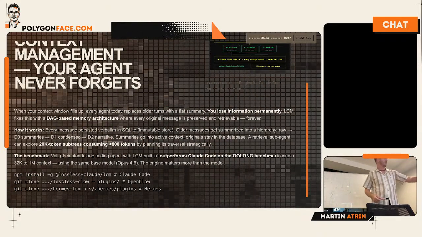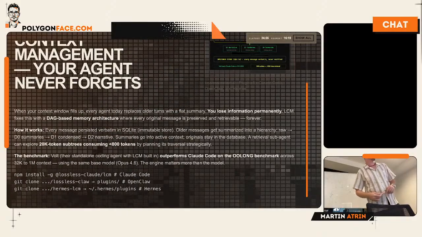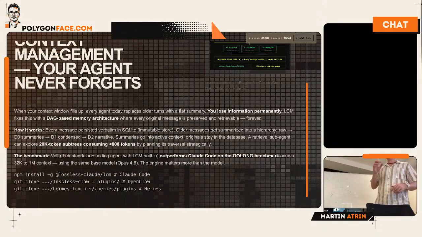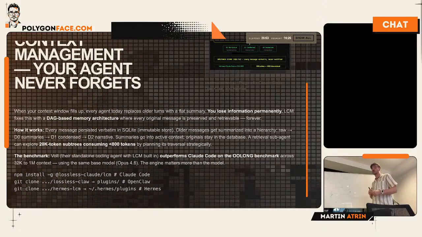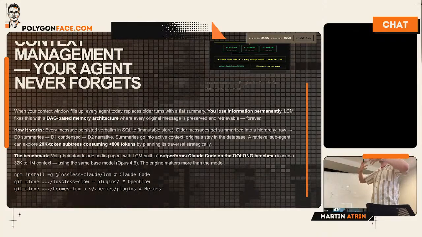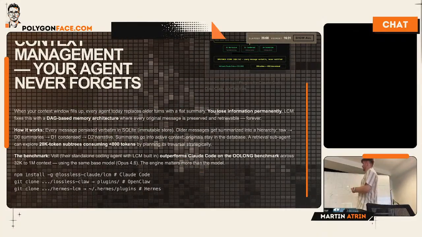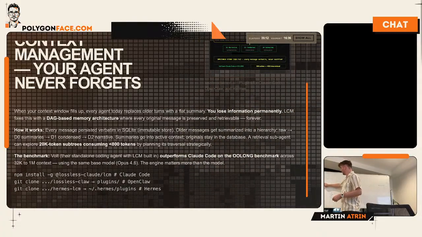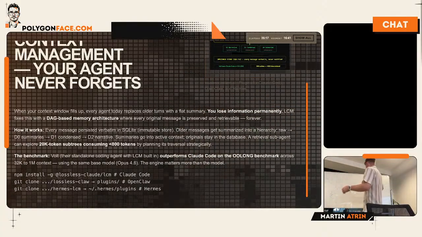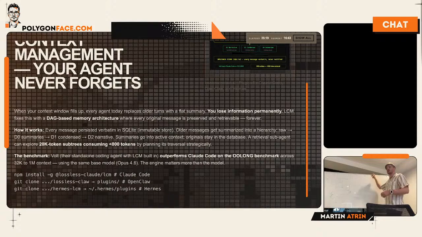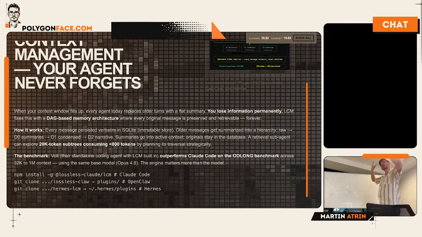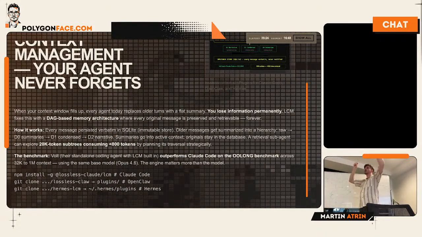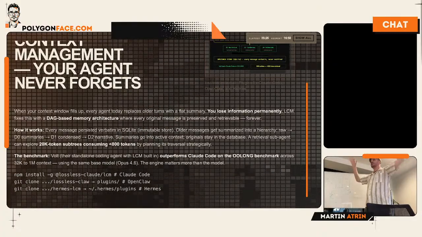Benchmark Vault, they're standalone coding agents with LCM built in, outperforms Claude Code on the Olong benchmark. Now, Olong benchmark is something that we touched upon a couple of times. It is basically many-to-many connections. It is very cool that it will know that document 1 has the word raw in it, but what does it mean for what we are talking about over here? Right? You need to have that many-to-many connection, not just prompt one result,